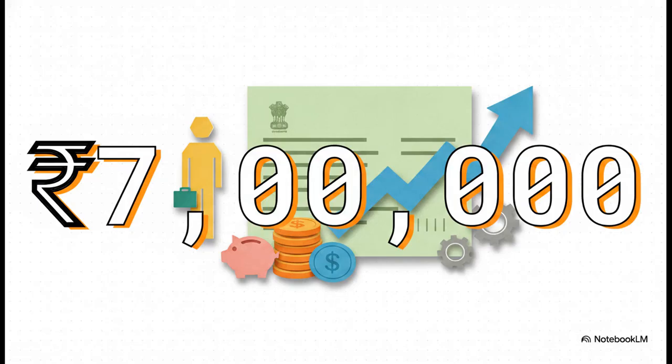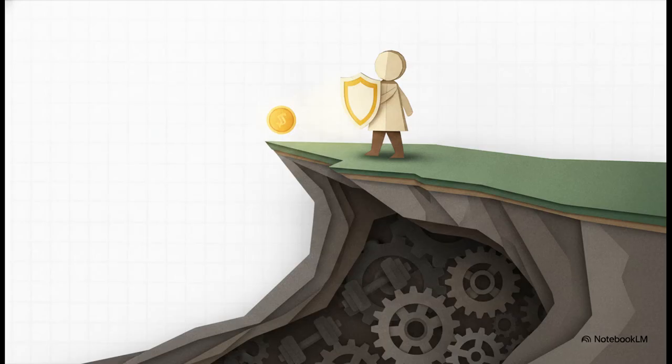7 lakh rupees. If you're an everyday taxpayer, this is arguably the single most relevant figure in the modern tax regime. Here's why that number is so vital, and you really need to pay attention to this catch. Under Section 87A of the new regime, if your income is exactly 7 lakh rupees or less, you get a full rebate. Your final tax bill is absolute zero. Sounds great, right? But, and this is a massive but, if you earn even 1 single rupee more, so 7 lakhs and 1 rupee, you lose that entire rebate.